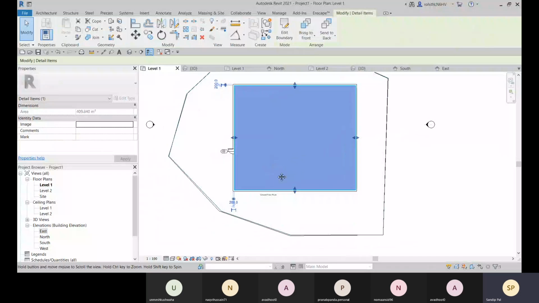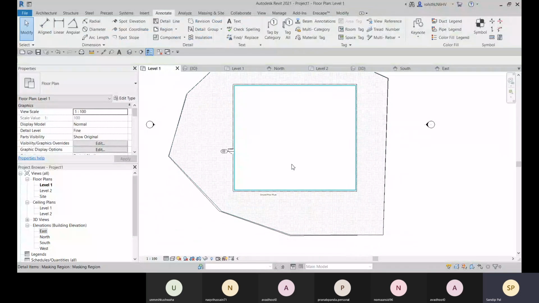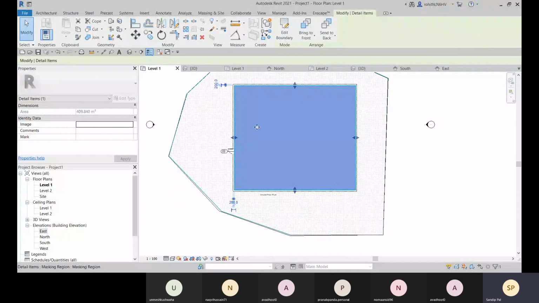Okay, so here you can see this will create a complete mask. Okay, so it will create a solid fill, not like a pattern. It will not fill with a pattern.